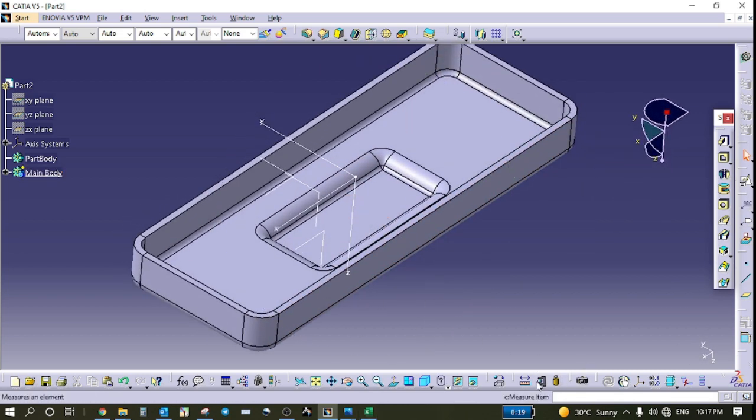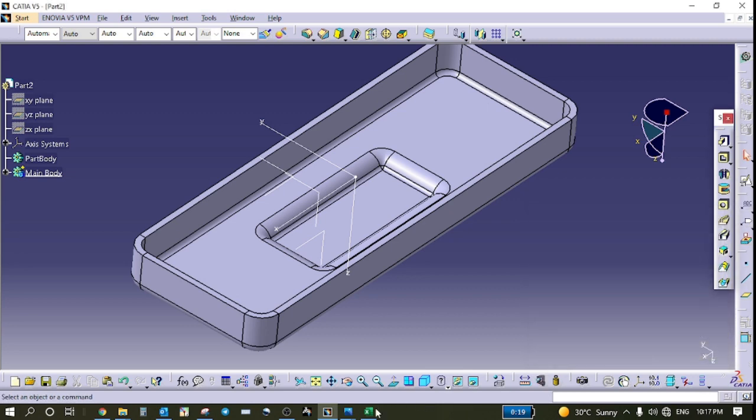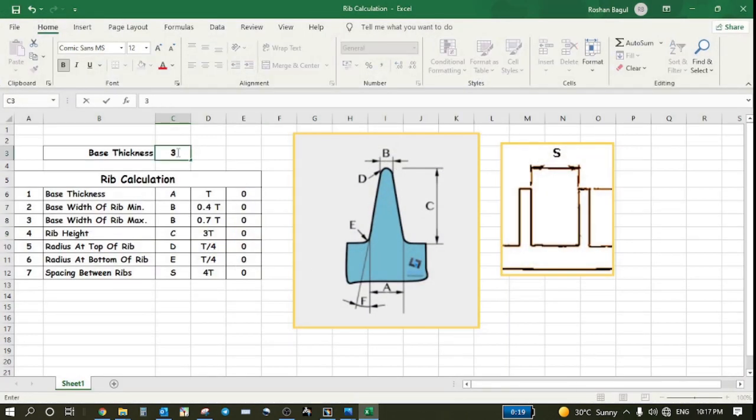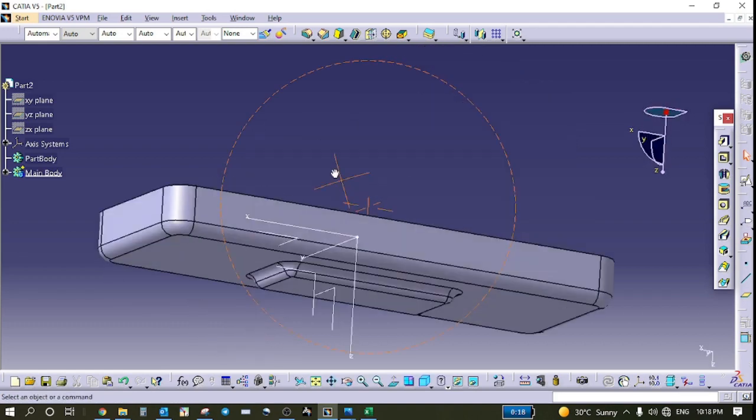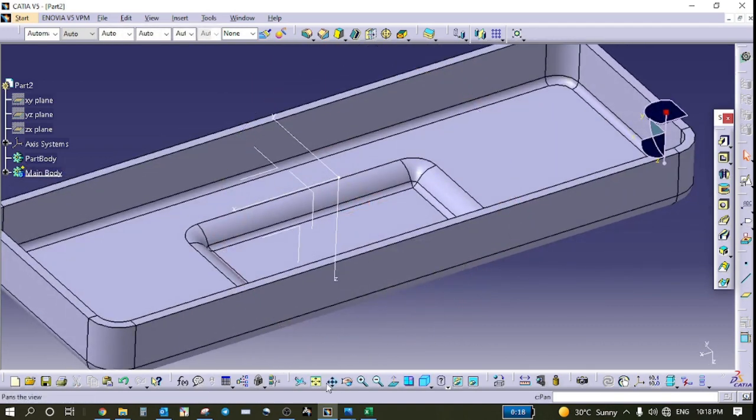First check the thickness of this part overall. According to the thickness we will design. Insert your thickness parameter, and all parameters are calculated according to that. The maximum height is 9, so we will design accordingly. The maximum depth of this part is here, so we will place one plane from that depth.